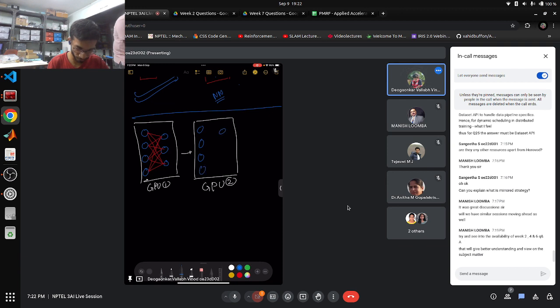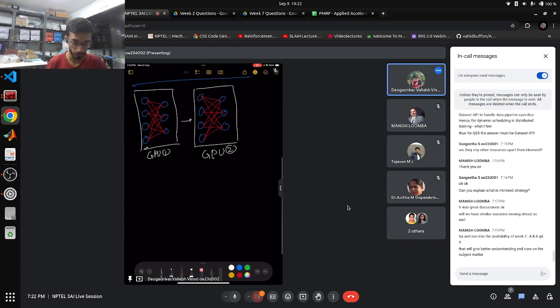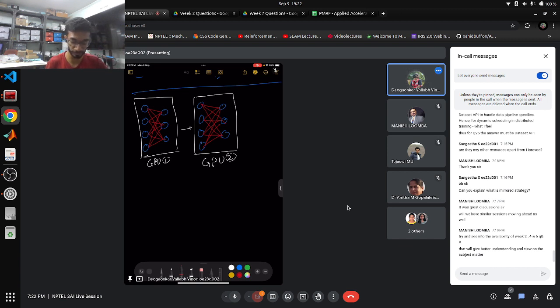I'll just show the example with 2 GPUs. It's the same network whose copies we have made, so the weights, the bias, and all the parameters of the network are the same right now. Now we will send different data points to each of them. Let's say you send in data D1 here, and D2 over here. When you do the forward pass and the gradient updates, you will compute the